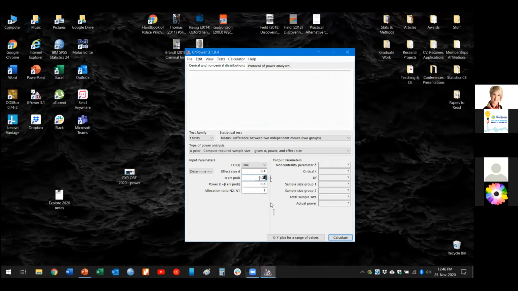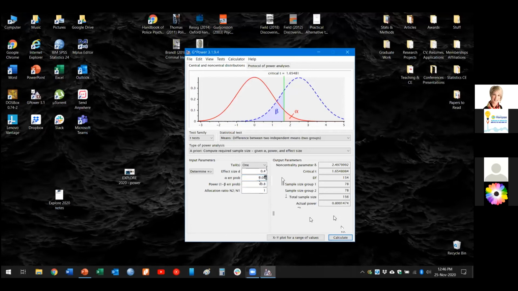Let's say that my groups are unbalanced. So we'll go back to here, 156. Now let's say that my groups are unbalanced. So let's say that I have a control group and a treatment group, and for some reason, I expect my treatment group to be smaller. Let's say that just due to the nature of the treatment, I expect people to drop out, or maybe there's some very stringent inclusion and exclusion criteria to be in the treatment group.